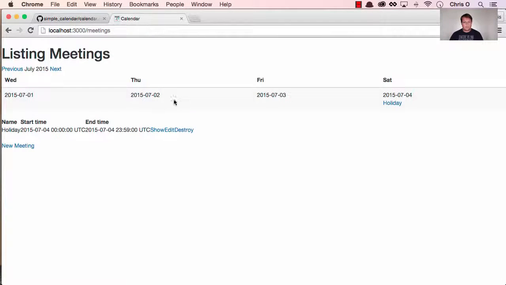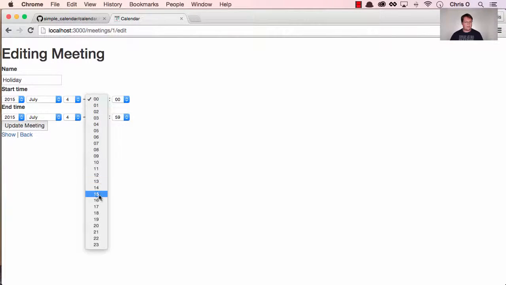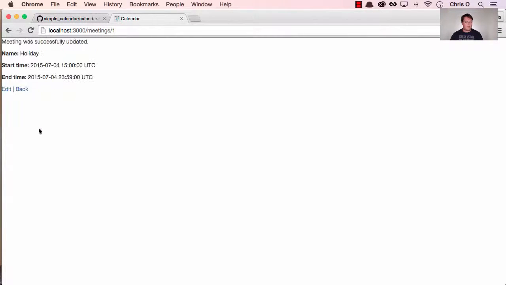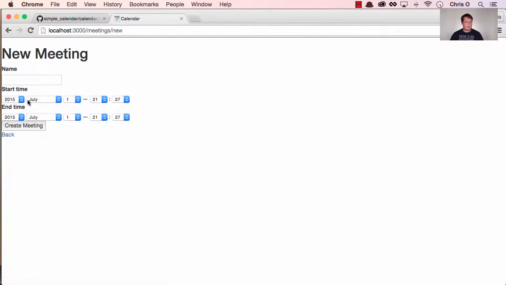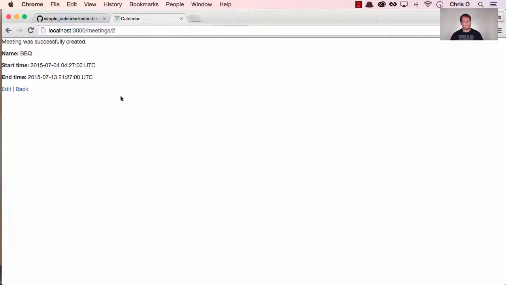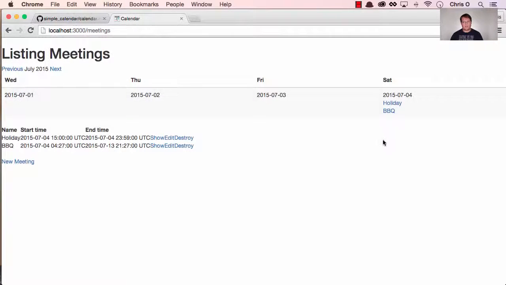Now, an interesting thing you'll notice here is, we have holiday starts at midnight, and what if we modified this so it starts at 3 p.m.? And what if we go in here and we say there's a barbecue, and that starts on July 4th, and that actually starts at 4 a.m., because why not? So if we go back to our calendar, you're actually going to see the holidays is in the list before